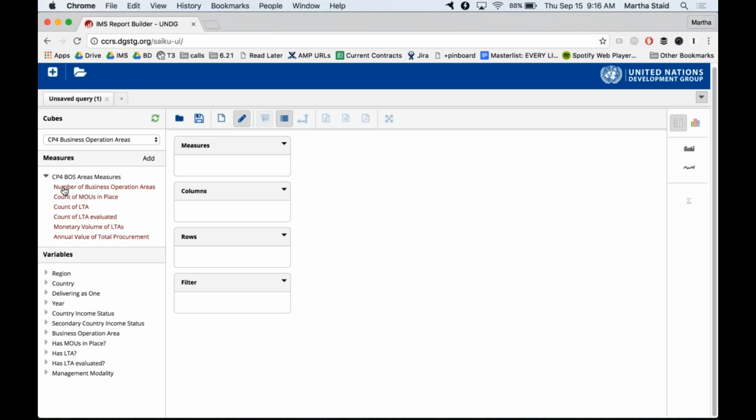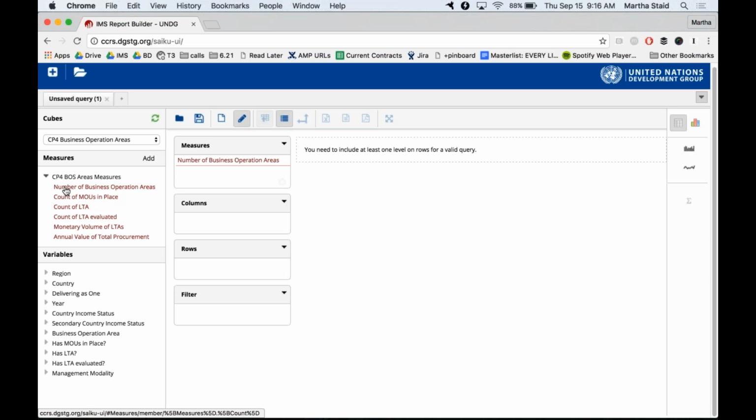So we'll go ahead and choose on the left here. If I just click number of business operations areas, that appears here in the measures box. So essentially what you're dealing with here is a desktop or dashboard, if you will, that has all of your options on the left in this left-hand column.